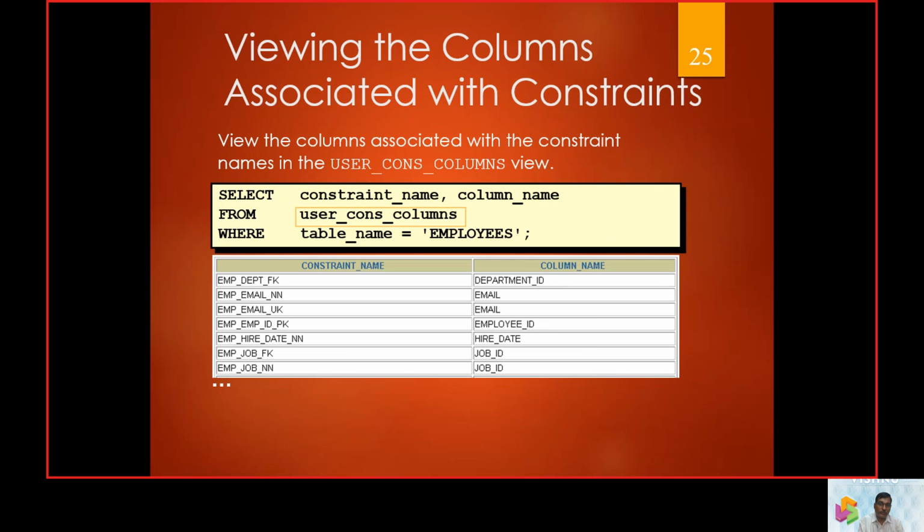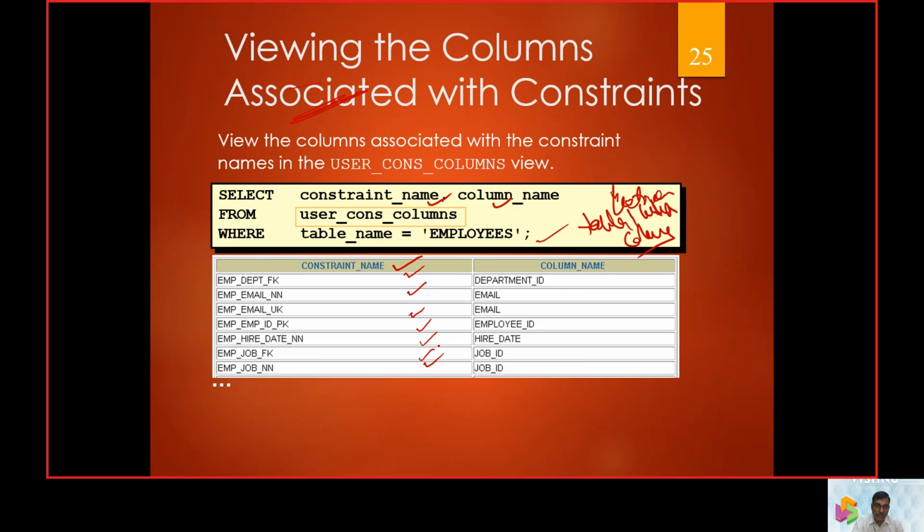At this point of time, we have column name, and we make this table the employee table, and whatever is associated is between tables, or between columns. So now you can see the column constraints. We have employee department, foreign key, not null, unique key, primary key, not null, foreign key, and not null.